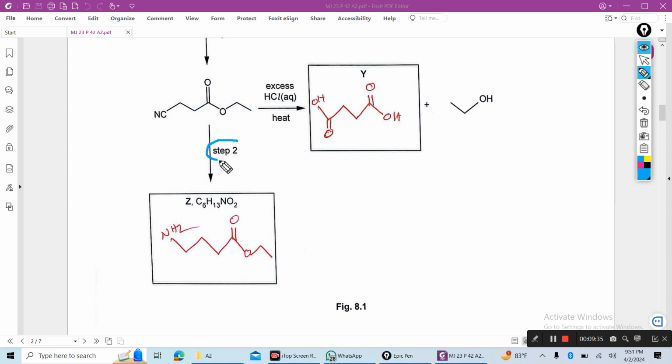That's why in step 2, reduction of the nitrile compound converts it to CH2NH2. The remaining CH3CH2OCOCH2 remains the same. Only the cyanide nitrile group is converted to CH2NH2. Then next,